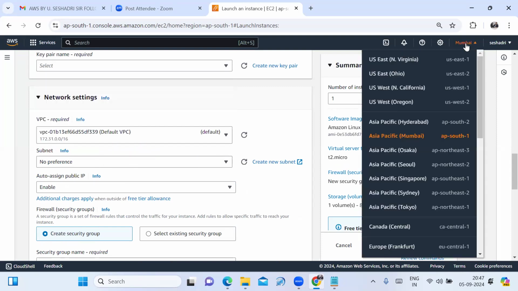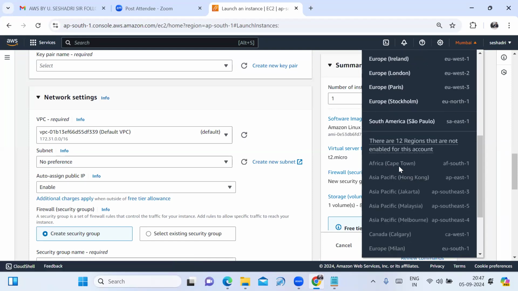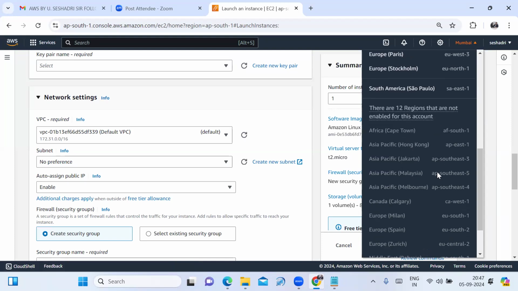Like that, in my AWS account, the North Virginia region is there, US East Ohio, California, Oregon, Hyderabad, Mumbai, Osaka, Seoul, Singapore, Sydney, Tokyo, Canada Central. So those many regions are there. You scroll down, there are regions that are not enabled for your AWS account.